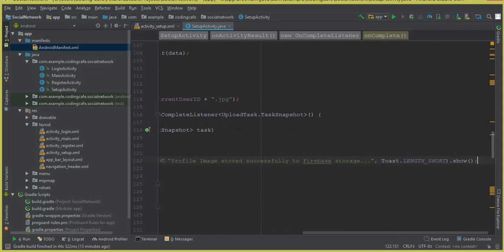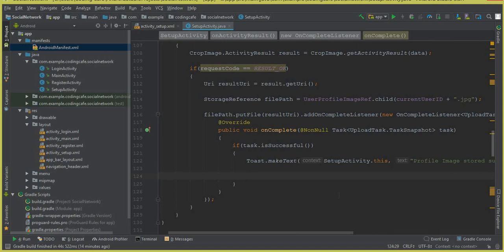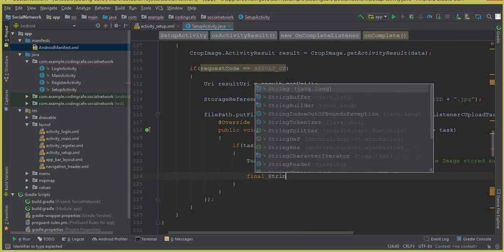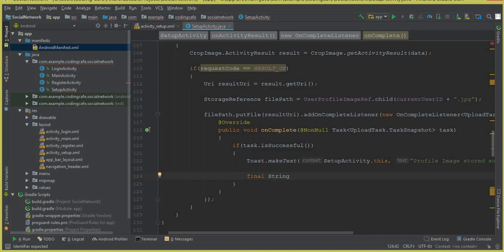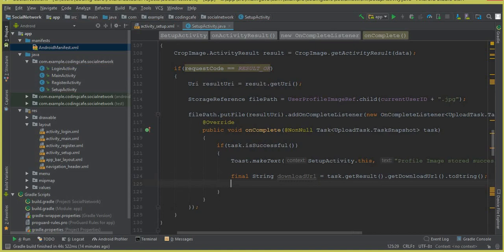Now the next thing is to store it inside the Firebase database. So all we need is to get the link of this image from the Firebase storage. To get the link, it is very easy. We can create here a final String variable, and let's call that variable downloadUrl equals task.getResult().getDownloadUrl().toString(). Put a semicolon here,